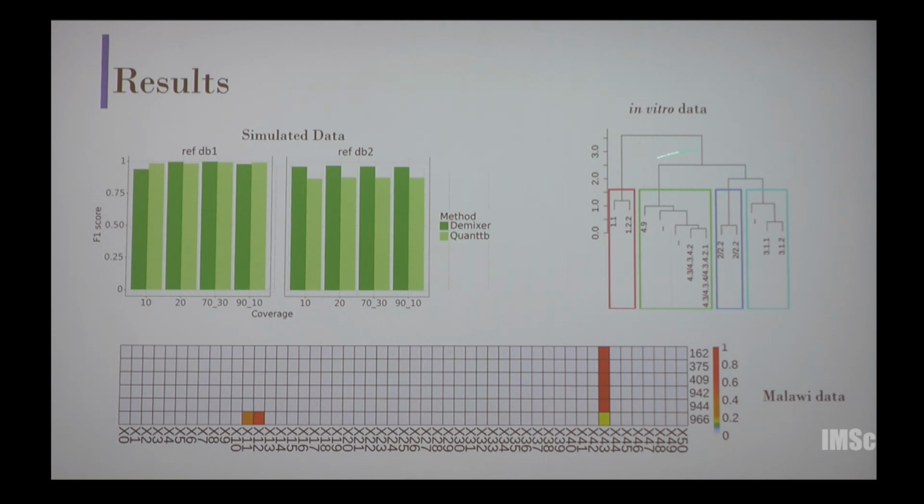And then in the in vitro data set, our model was able to determine the different lineages present in each sample. And then in the Malawi dataset, one thing that we also tried out was whether the model is able to infer the novel strains. So what we did is we hide the identity of some of the strains